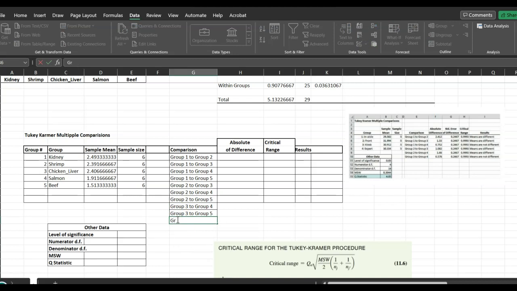Let me change it better. So here is going to be group 4 to group 5. We don't have group 6, right? Okay. So we get all the possible combinations. All right. Now,